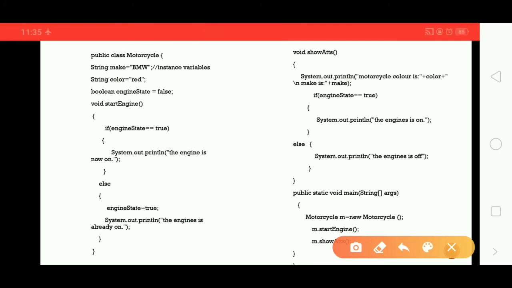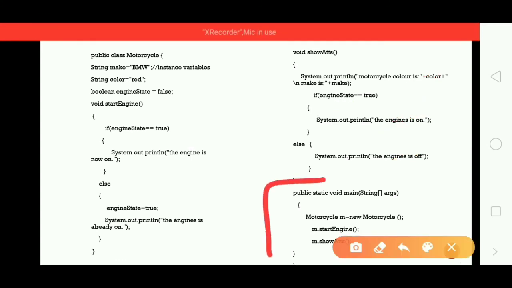Now next, void show attributes. This is the second method. Here inside this method I am going to display the attributes such as the color and make. After that I am checking the condition, if the engine state is true, then I want to display engine is on, otherwise engine is off.